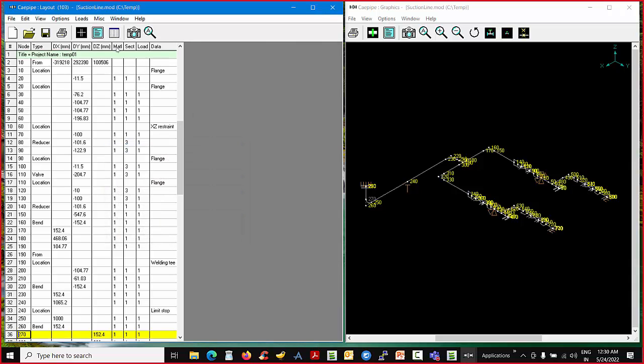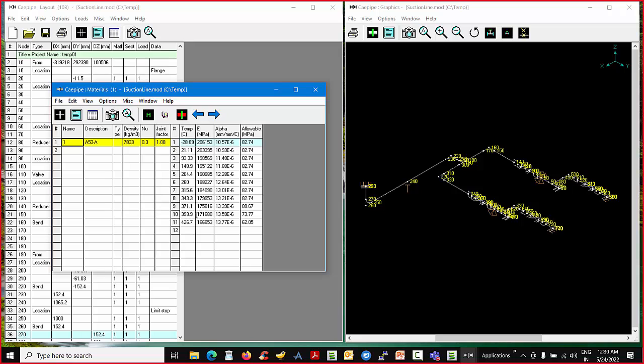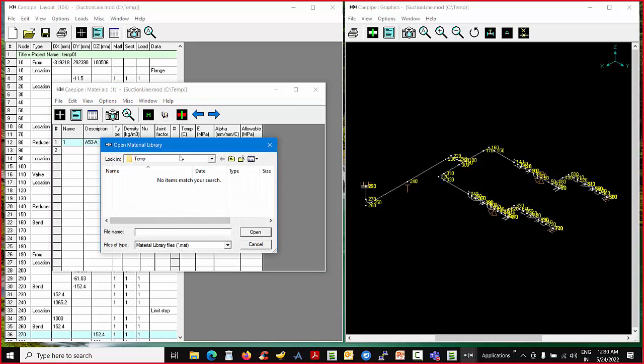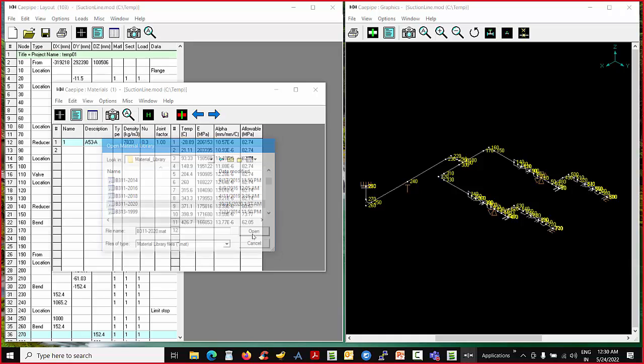And how do you input material? You click here, they are all here. You can input this, or you can select from the material library which is available in the CAEPIPE software. Okay, let's say for instance when you go inside CAEPIPE3D or CAEPIPE, you see there's a whole list of material libraries available. You can choose from here. For instance, the latest material library for B31.1 is 2020. You select it, then it gives you